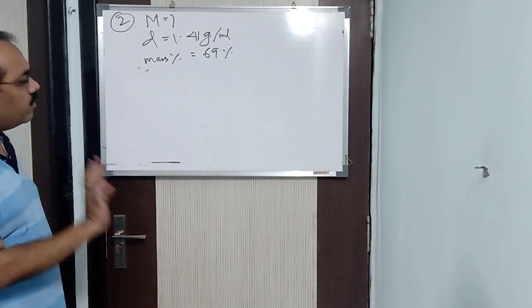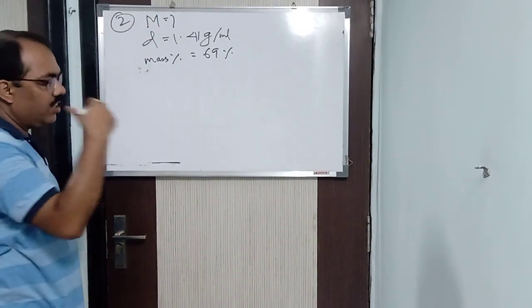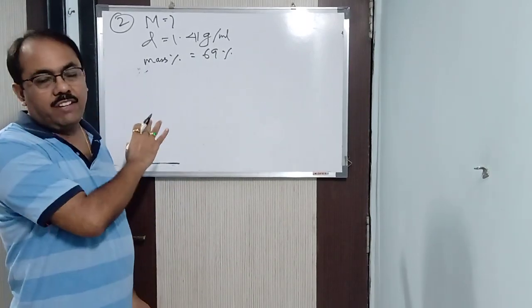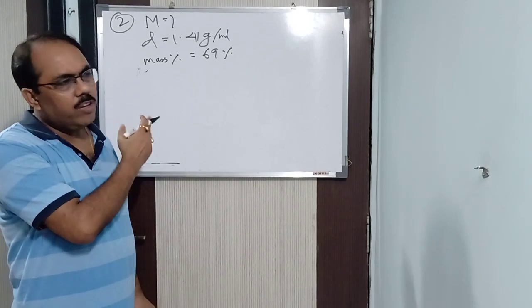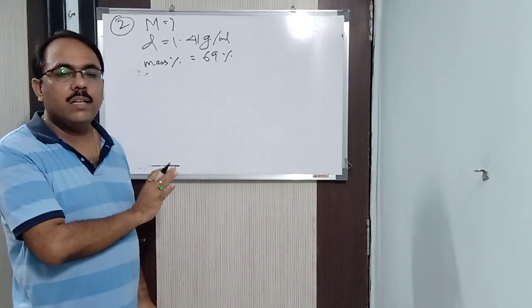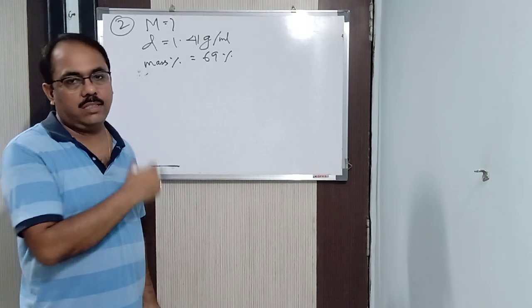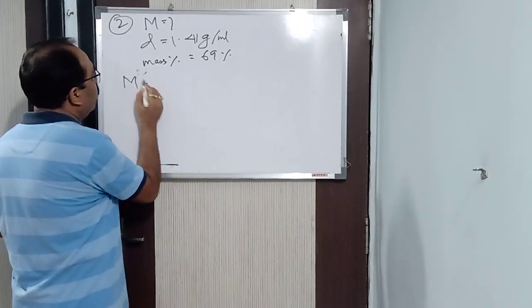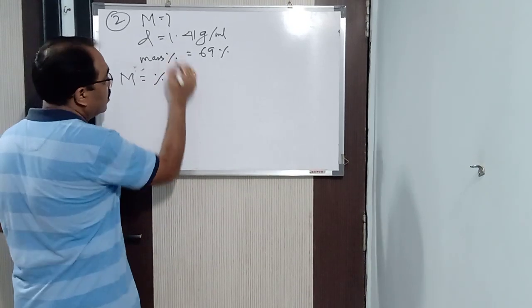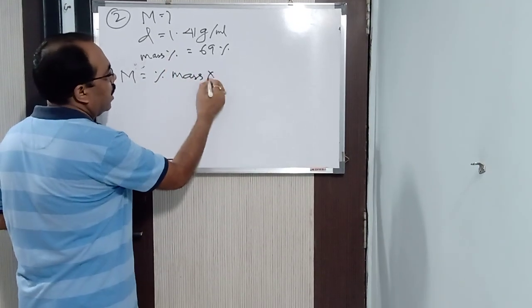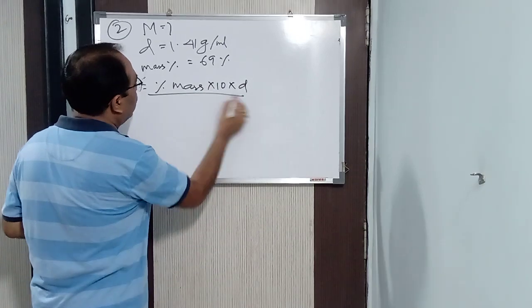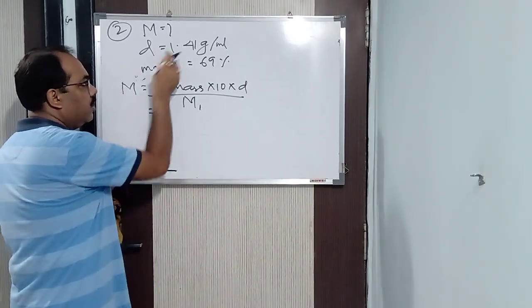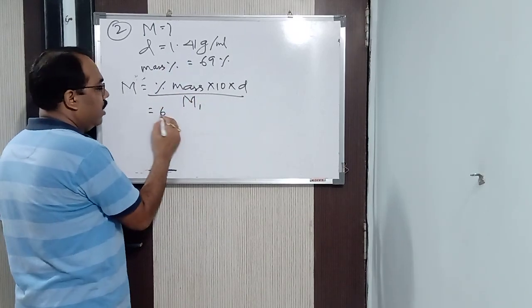Now one of the easiest formulas I have told you, when these things are given. For that reason I say you learn the formula first, then it will click which formula to use. You can do it any way you like, but always try to do it by the easiest method. If you remember, I have told you a formula of molarity when this condition is given: percentage mass into 10 into density of solution by molecular weight of solute. Do you remember it? Now we can put the value directly.